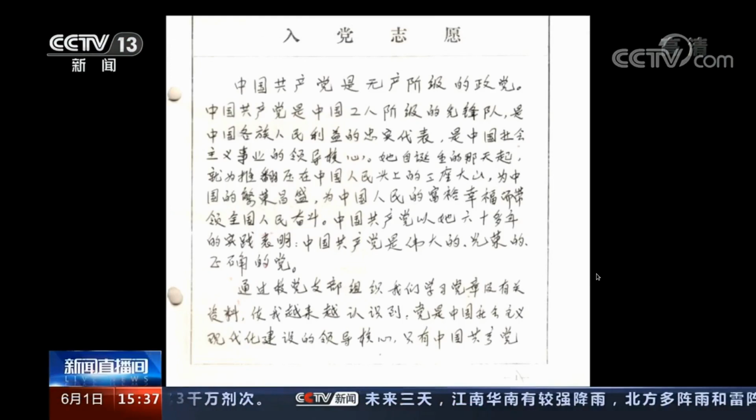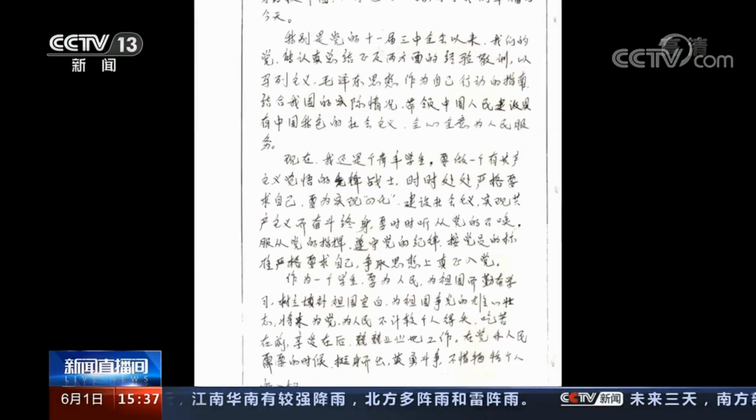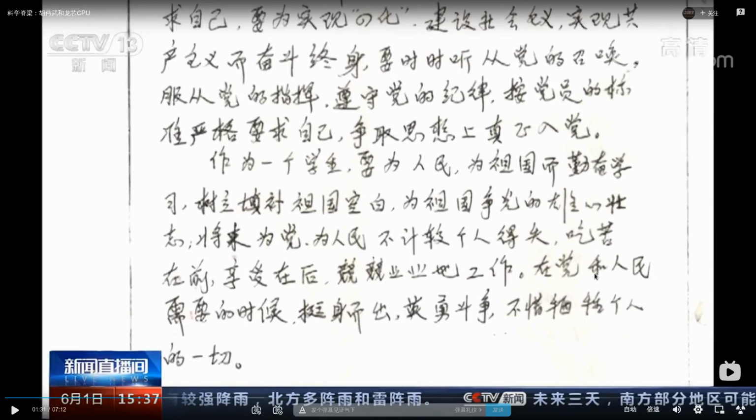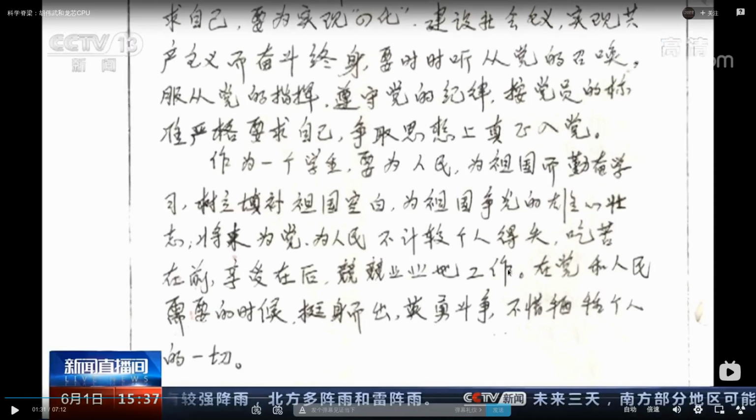This is the Communist Party oath for admission. Wei Wu. He was number one. He got the ranking number one in the high school exam, and then he went to the University of Science and Technology of China, majoring in computer science.